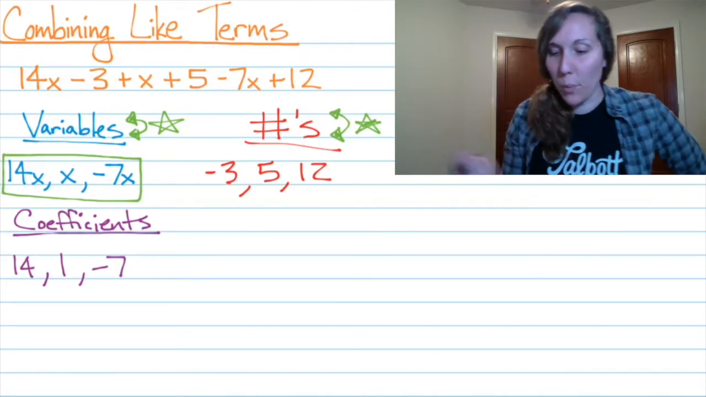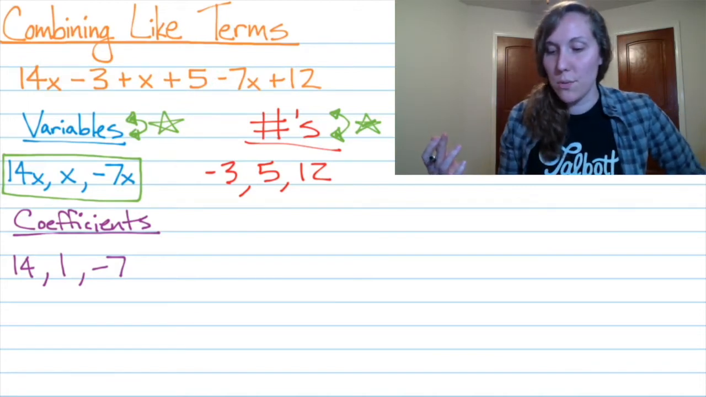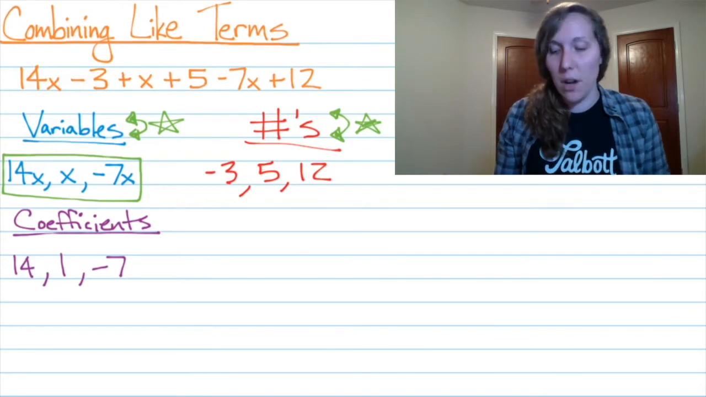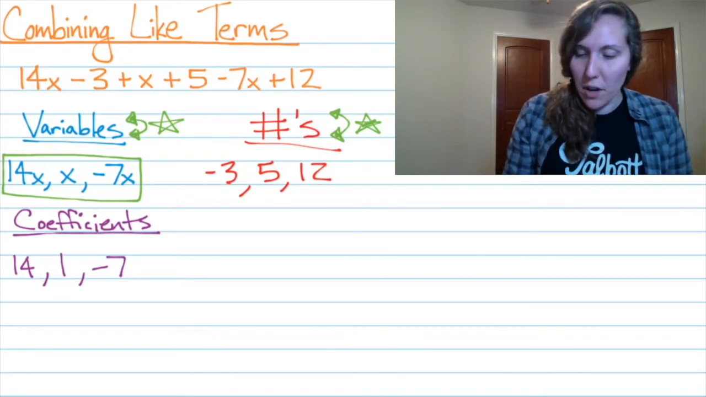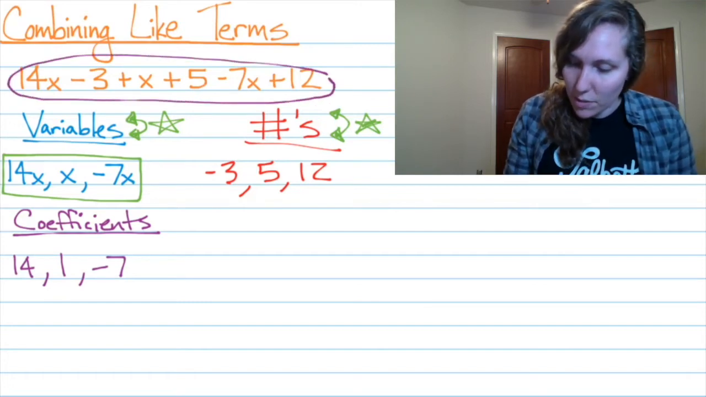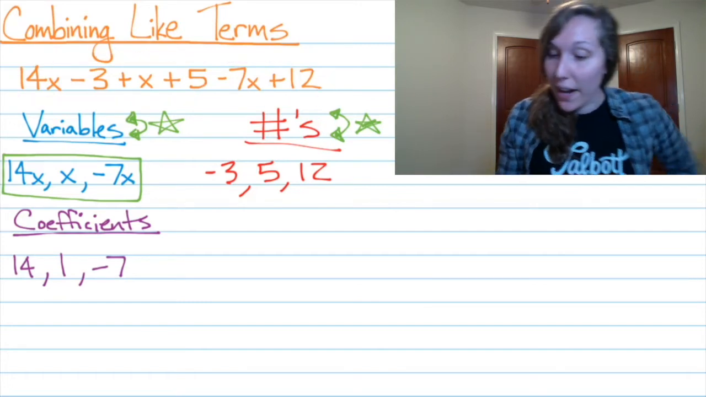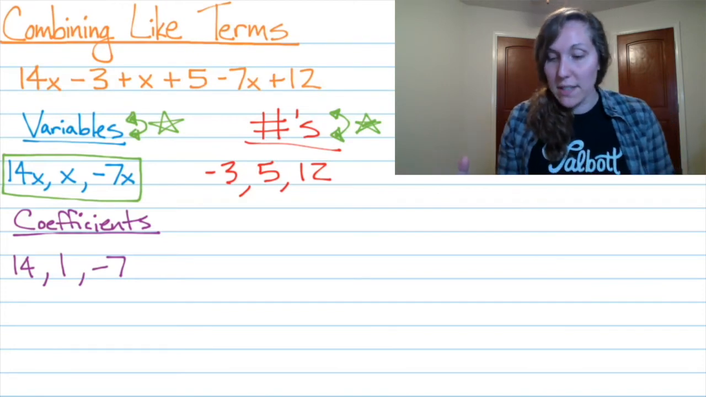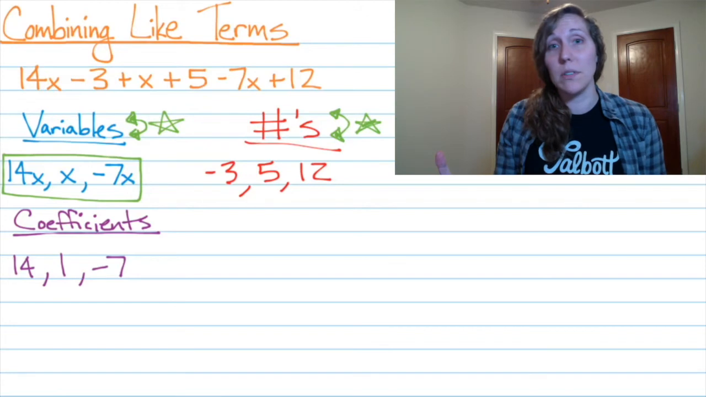Okay, let's start with what if we wanted to go ahead and just use our example problem as the first problem we were going to go ahead and try to solve. So let's try to solve this problem that we have right here, 14x minus 3 plus x plus 5 minus 7x plus 12. So first we're going to look and see if we have any variable terms that have